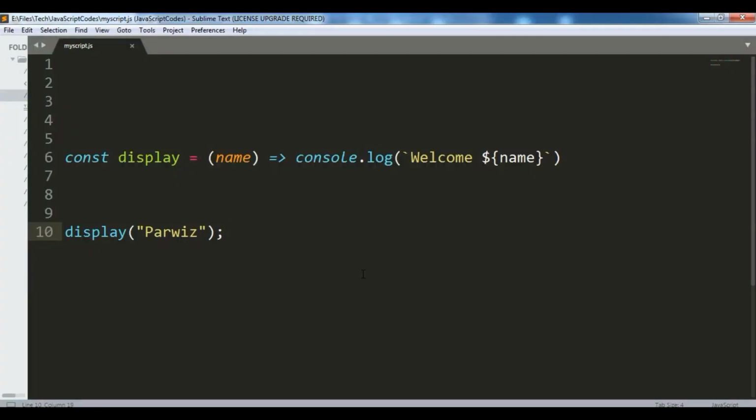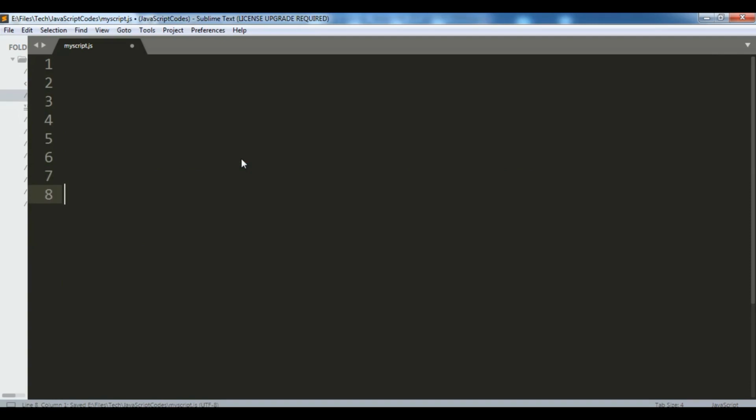Now you can also pass a function as an argument to an arrow function. Here we have just used a variable. Now you can also pass a function as an argument and parameter of the arrow function. For this, first let me show you through the anonymous function, and after that we are going to work on the arrow function. If you want to add a function as a parameter or argument in the anonymous syntax of JavaScript, let me just say setTimeout, and in here I'm going to create a function like this,